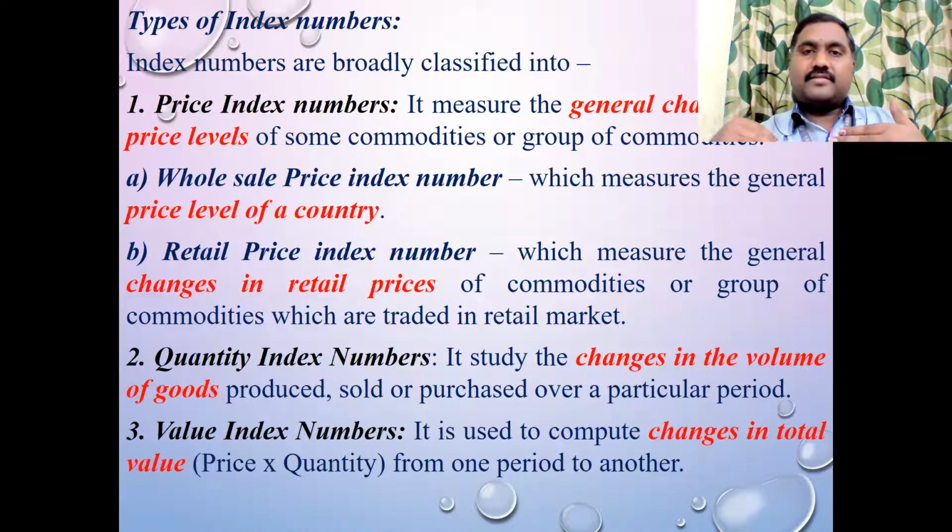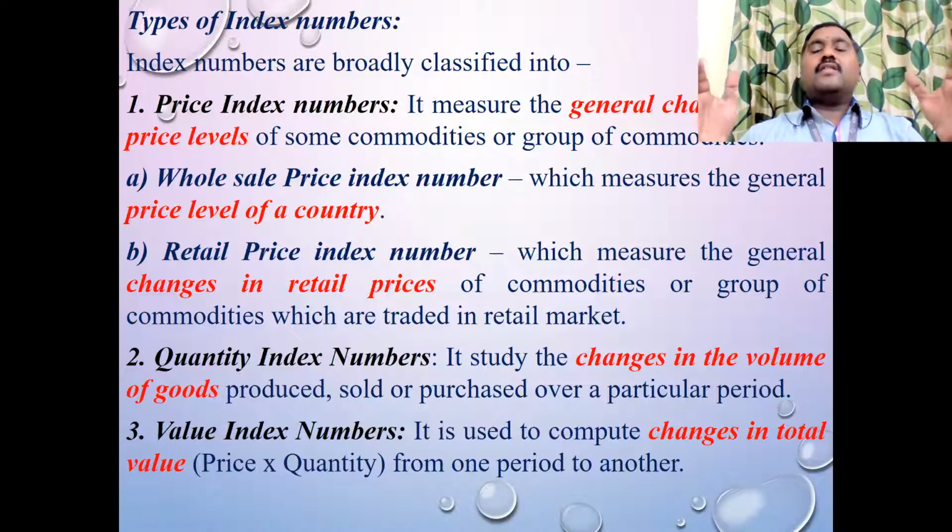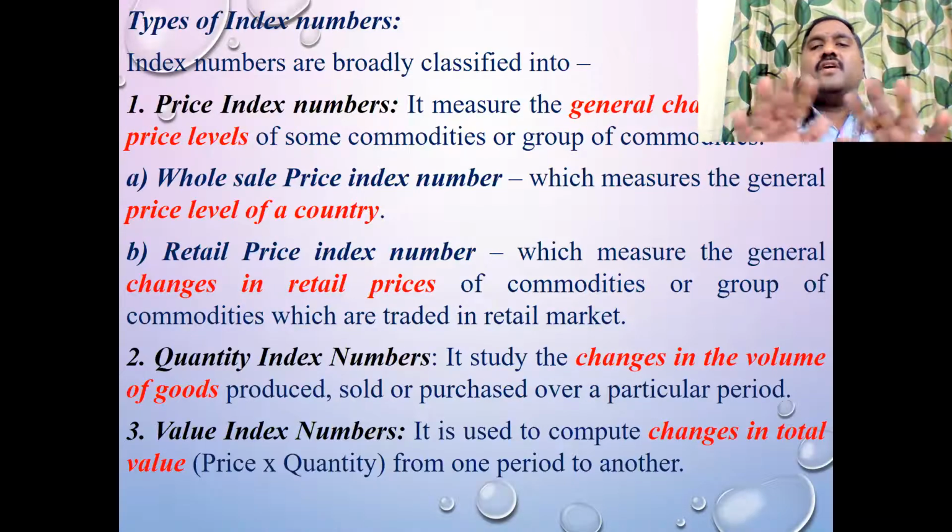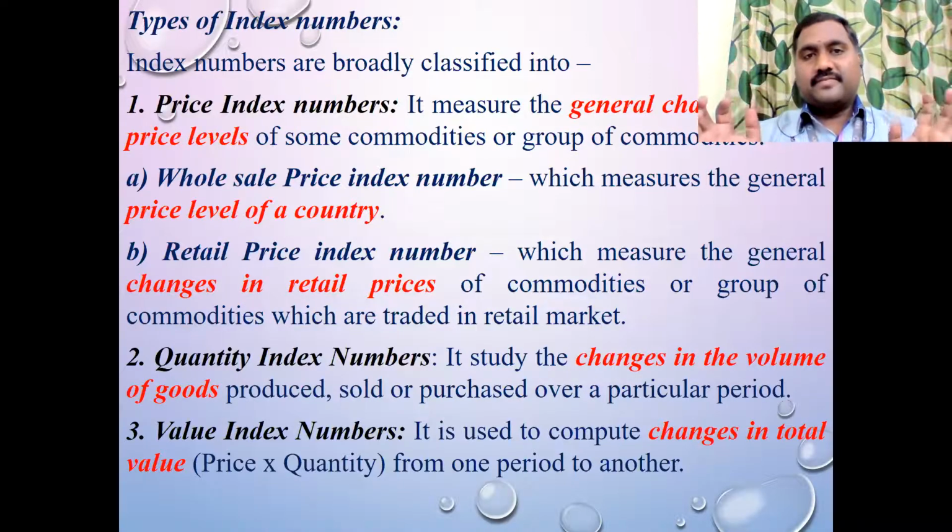And similarly, the quantity. Okay, quantity. The wholesaler distributor will get the Nandini milk packets from the manufacturer, the government, in bulk because they are the wholesale distributor. They may be the distributor for the entire area, entire region. Whereas the shop will not buy in bulk. They will buy at least some 50 packets, that means 25 liters per day, because their business is from morning 7 to 8. Within that 1 or 1.5 hours, they are able to sell the 25 liters of milk. So according to the quantity, there are changes in the volume. That is a quantitative index number.